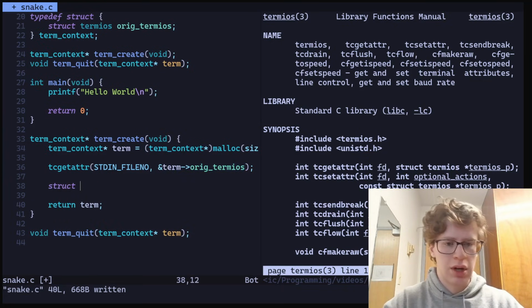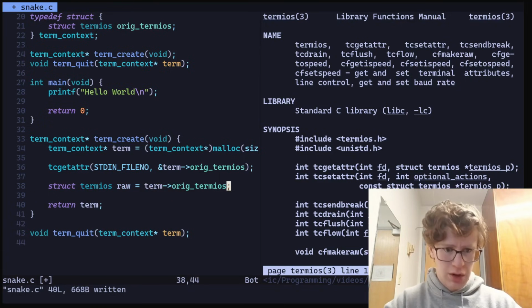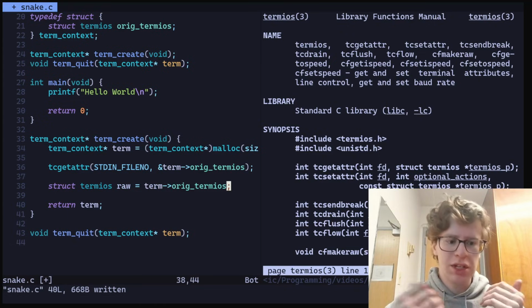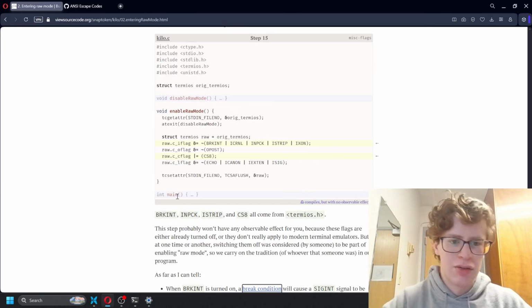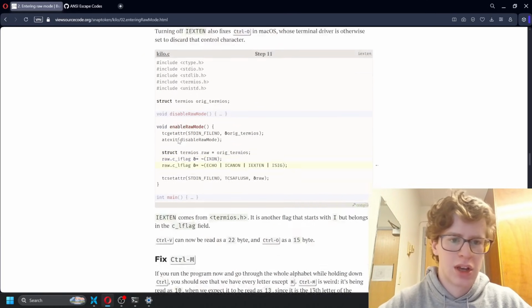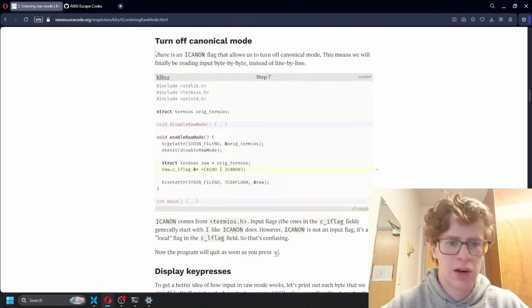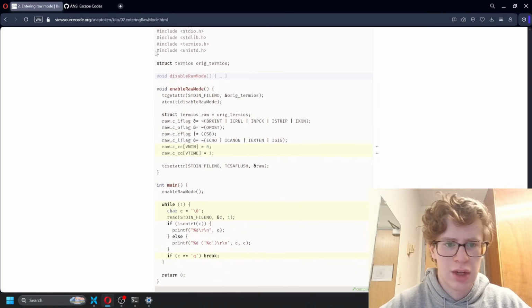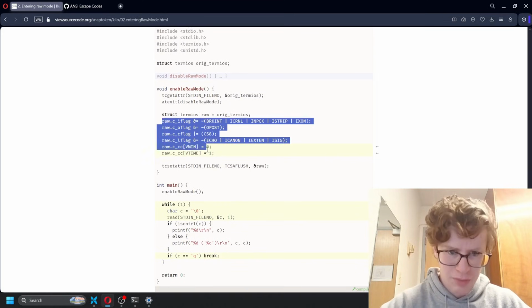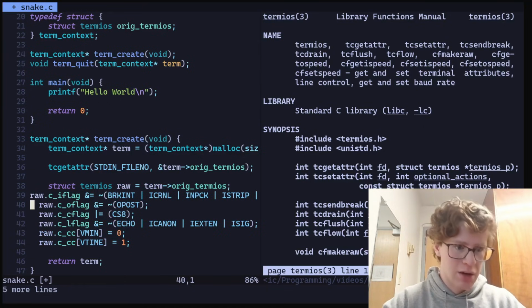And then I'm going to create a new variable here, I'll call it raw, and we're going to edit our terminal settings to turn off all the stuff we don't want. Honestly, there's a lot of stuff to go through, and I don't fully understand all of it, but there's this excellent series about how you can create a text editor in the terminal. I'll link this below. And in this part of the series, right here, it has pretty much all of the stuff that you could need. So I'm literally just going to copy that,